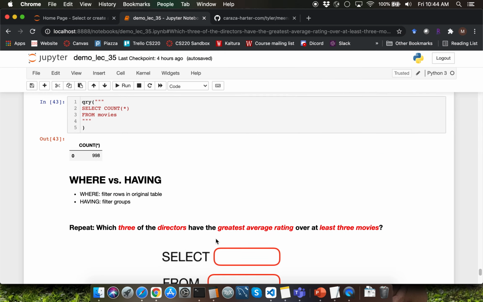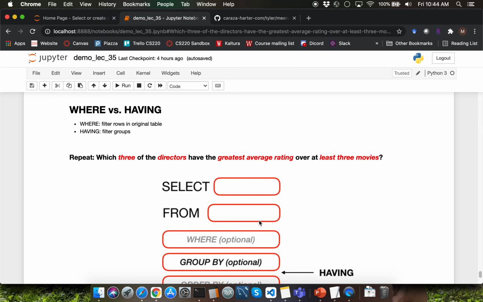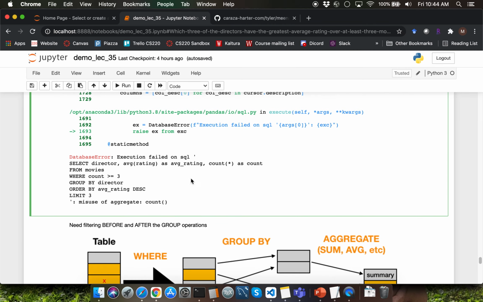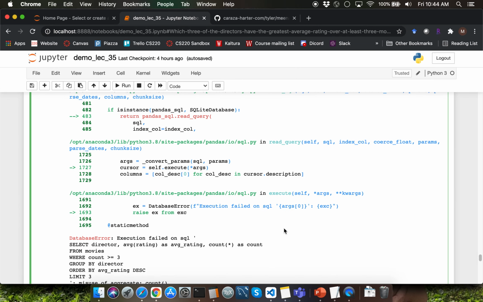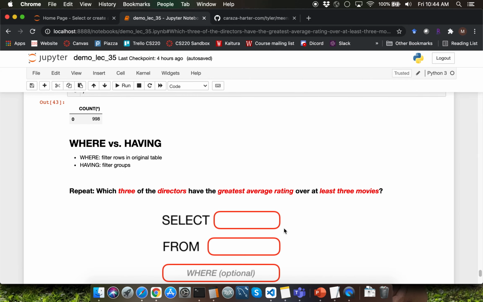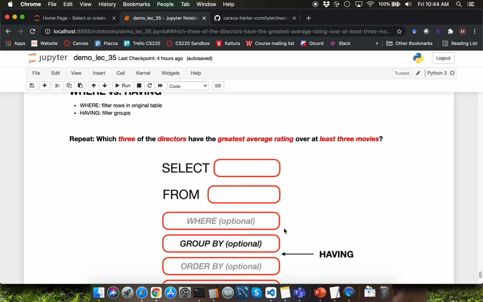Let's go back to the previous question and solve that using the having clause. Let me go ahead and copy the query which we had typed previously. Instead of writing the condition as part of the where clause, we'll have to write it as part of the having clause.